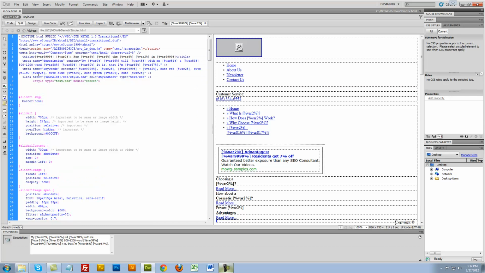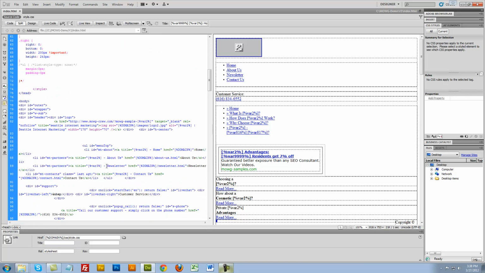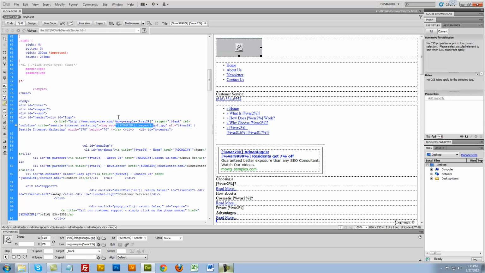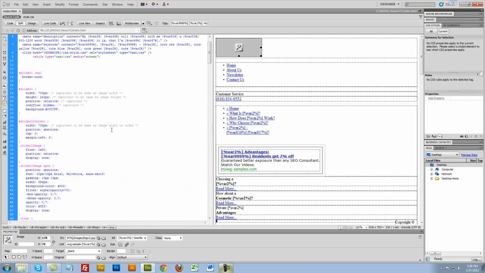What I want to do here is, right now, I'm looking at the placeholder website, the index page, what's going to get run off of MOWG Pro. And I see that it's going to domain CSS style CSS. Okay, I'm going to look for an image, domain images logo 2. Right now, I don't want that. What I want to happen is